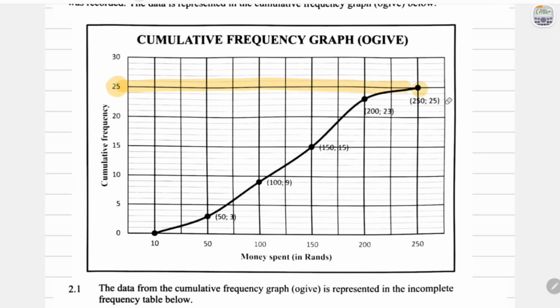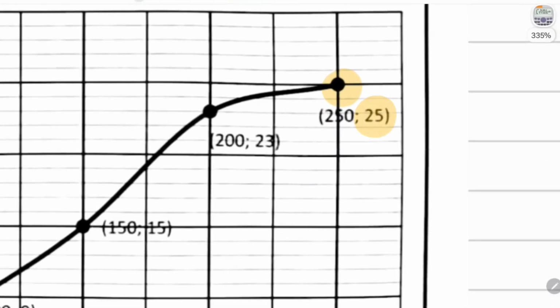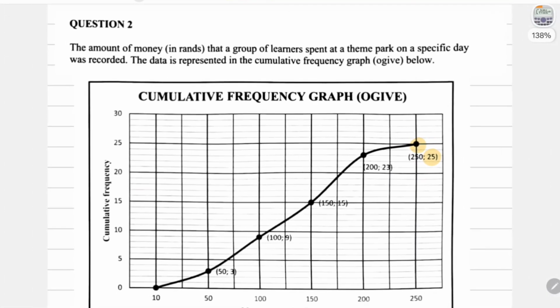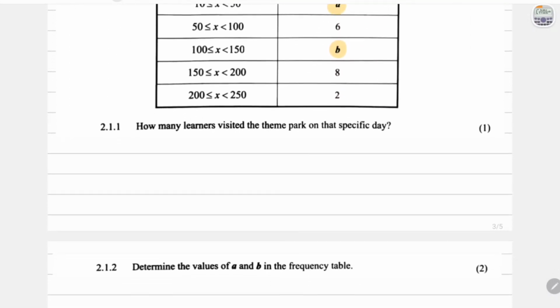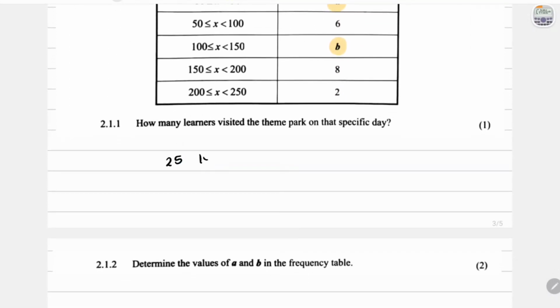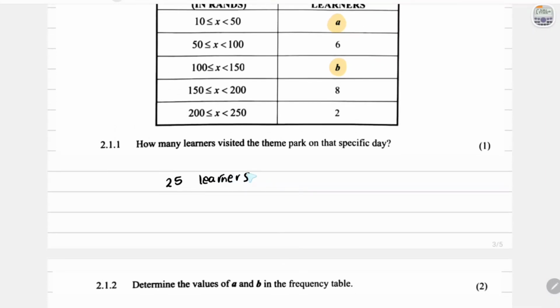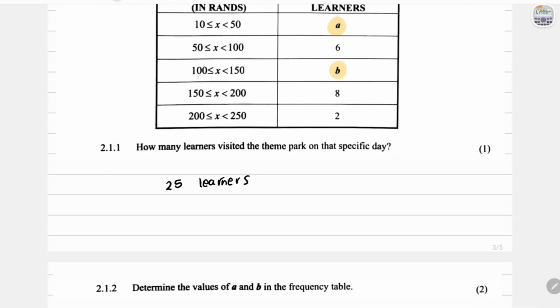So that, okay, the number that you have there, not just the number here, specifically that point, the Y value is 25. Okay, and that's how we would know that in total, there are actually 25 learners that visited that theme park on that specific day. Okay, so there we go. That is question 1. And then